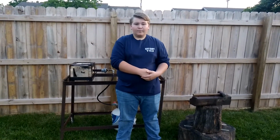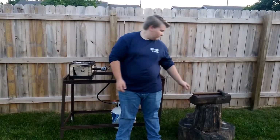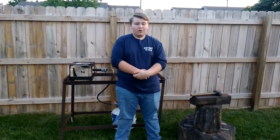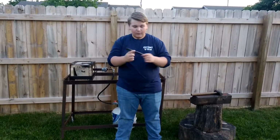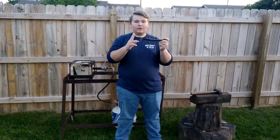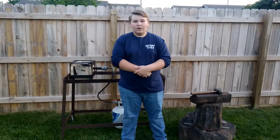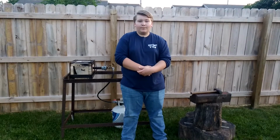And so another thing I'd use is a power hammer instead of a hand hammer like this, because this is very tiring and it takes a long time to get a little result. For example, this knife here. It was approximately this long when I started. I'd drawn it out to this long, and that took me 3 hours to do with a hand hammer, which with a power hammer would cut the time in half or even a quarter of the time,